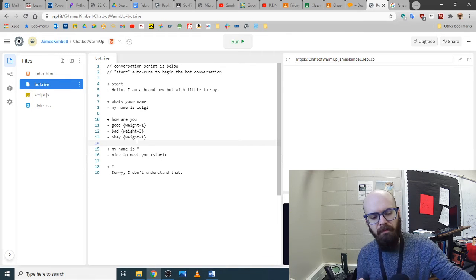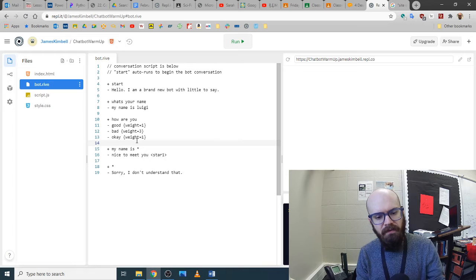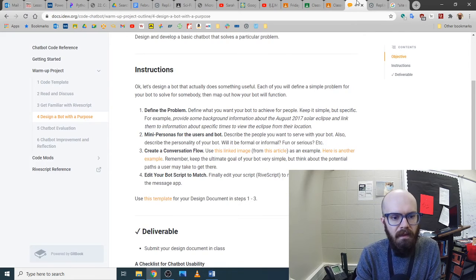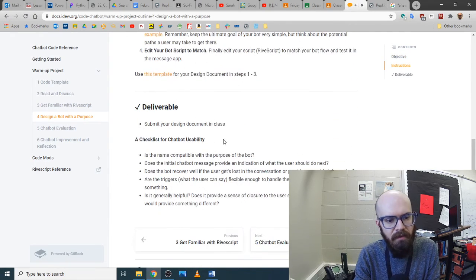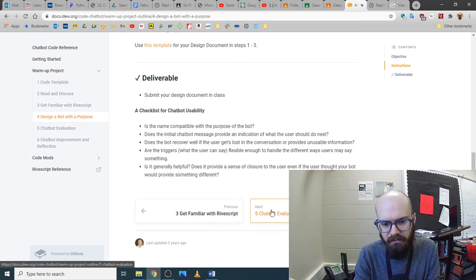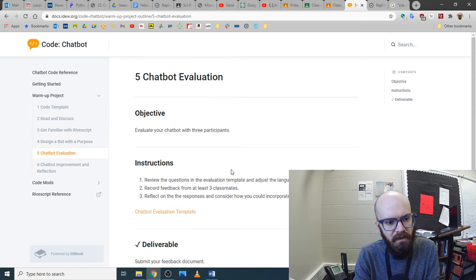The point is that we can't make a bot that does everything, but we can make a bot that does one thing. So we want to focus on that. And that's a quick one. If you've already got your previous step, then changing these to focus on one thing is not that bad. Finally, step 5, which we'll look at next time, is the end of this,